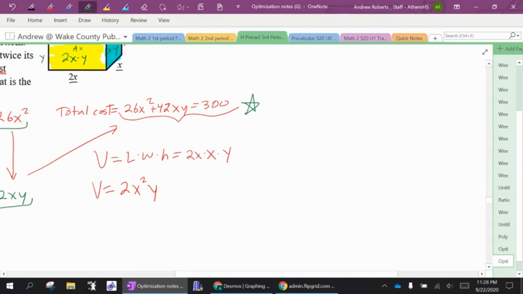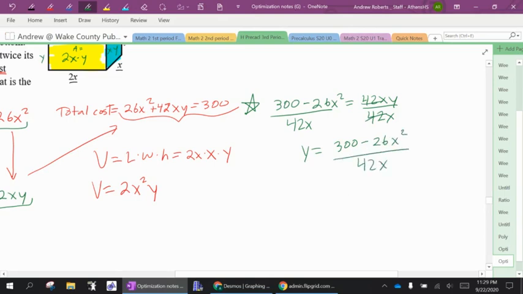So I'm going to take away 26x squared, that'll be 300 minus 26x squared equals 42xy. Then I can divide both sides by 42x, and those cancel out. So y equals 300 minus 26x squared divided by 42x. You could simplify that some, but honestly, you leave it like that, it works just fine too. So this is going to become 2